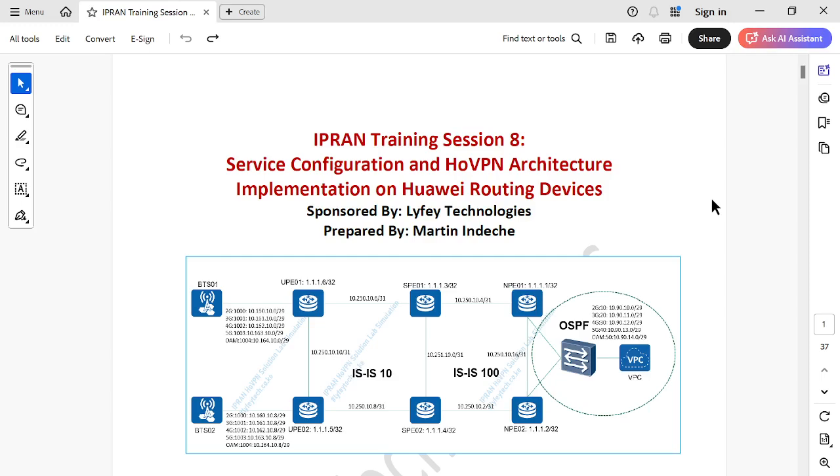So today we are doing some hands-on lab. We are implementing service configuration and HoVPN architecture on Huawei routing devices. In our last session, we already discussed the HoVPN solution and how the mobile services are deployed on the service provider network. So if you missed it, you can get the recording from our YouTube channel, Life Technologies,